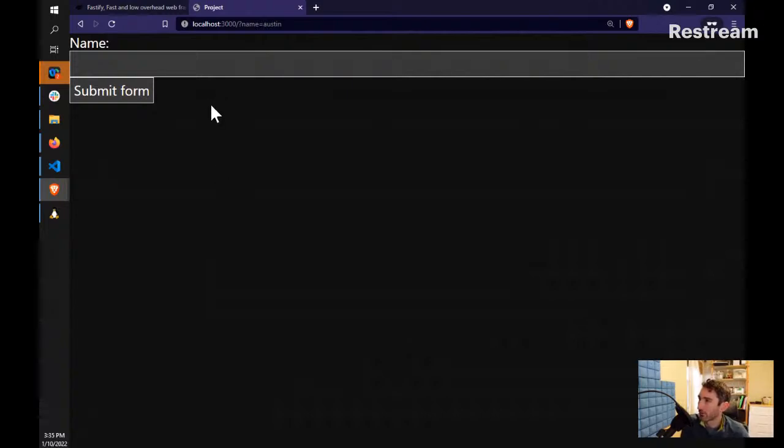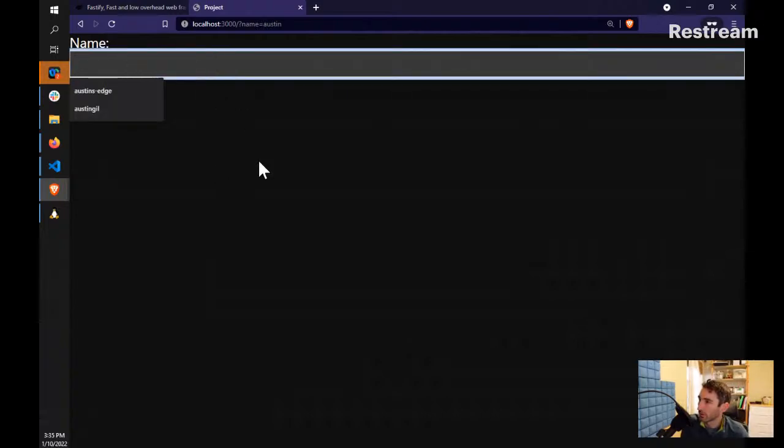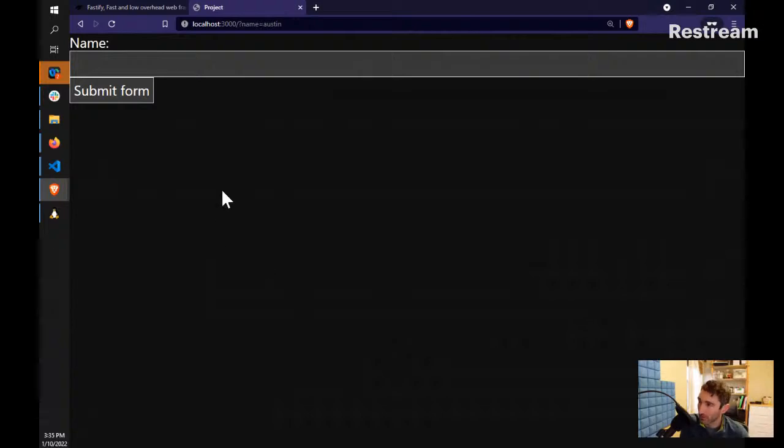So that may have been too fast for you to see. You can see that the word is gone, and that's because the page has actually refreshed, and it's submitted that GET request, same as we did to our API before. And this is the default browser behavior. So this is kind of critical to know, if you are ever building something for the web and you want to build it in a way that is progressively enhanced,